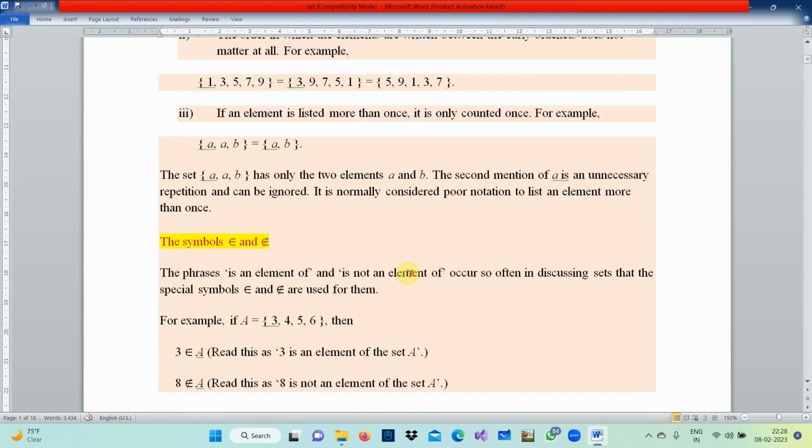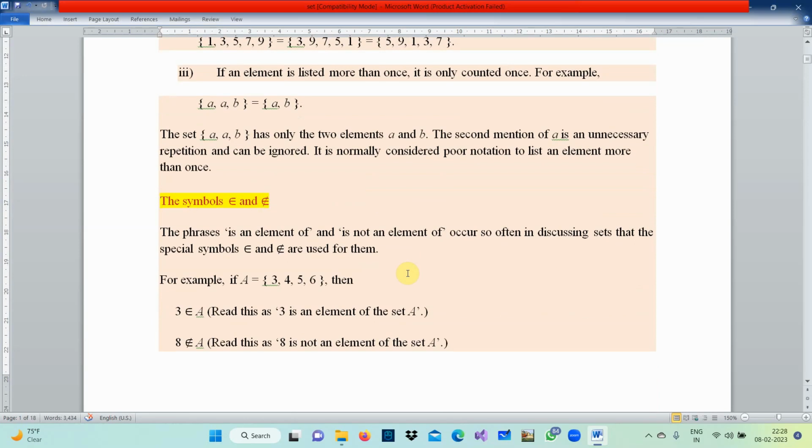Now let us see some symbols we are using. Some people read this as belongs to, but it is actually an element of. Can you see it here? That epsilon means is an element of, and with a forward slash on it, we say it is not an element of. For example, suppose A is a set consisting of the elements 3, 4, 5, 6. How many elements are there? There are 4 elements. What is the name of this set?